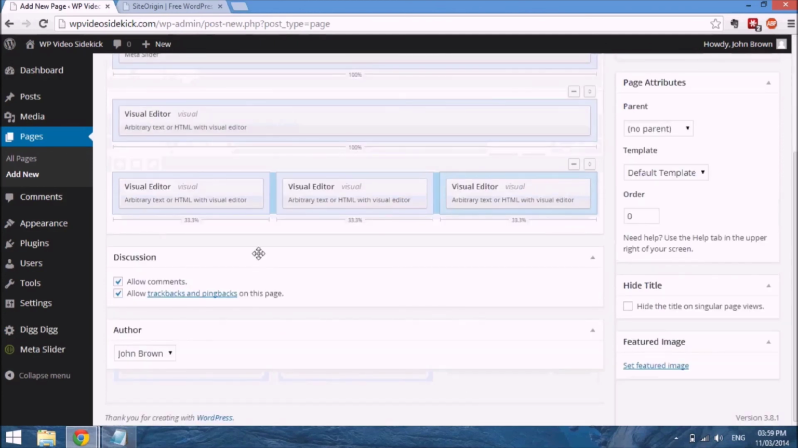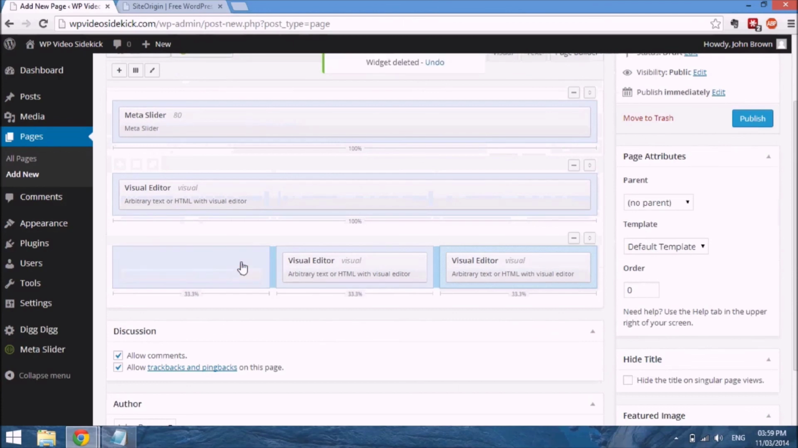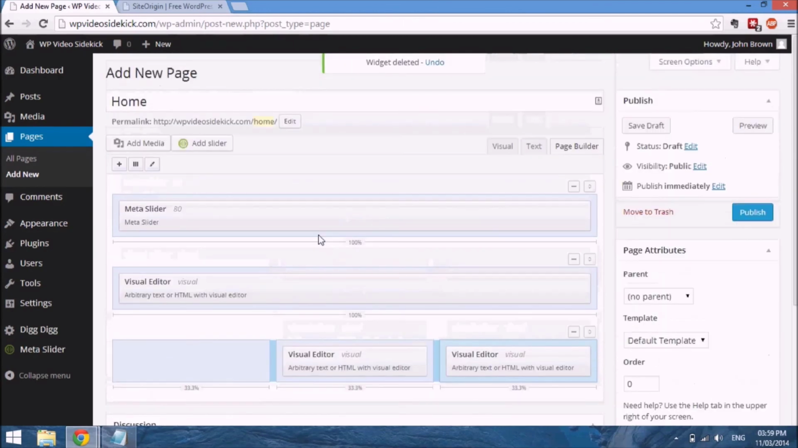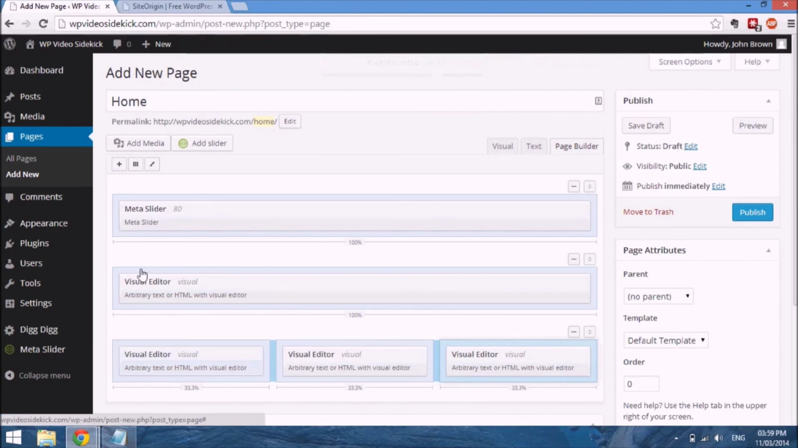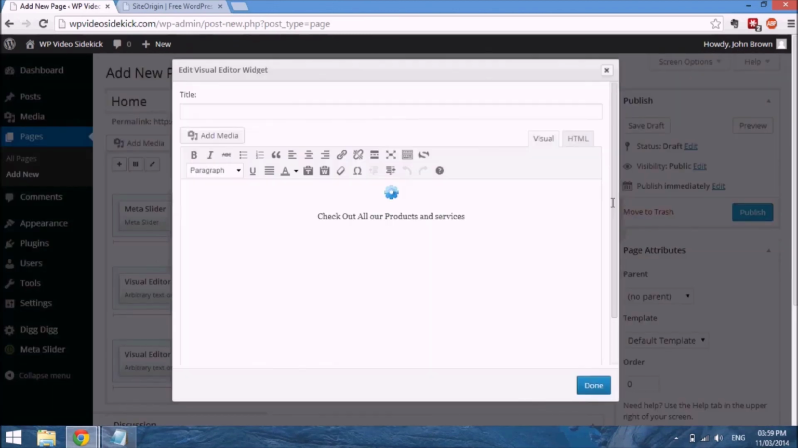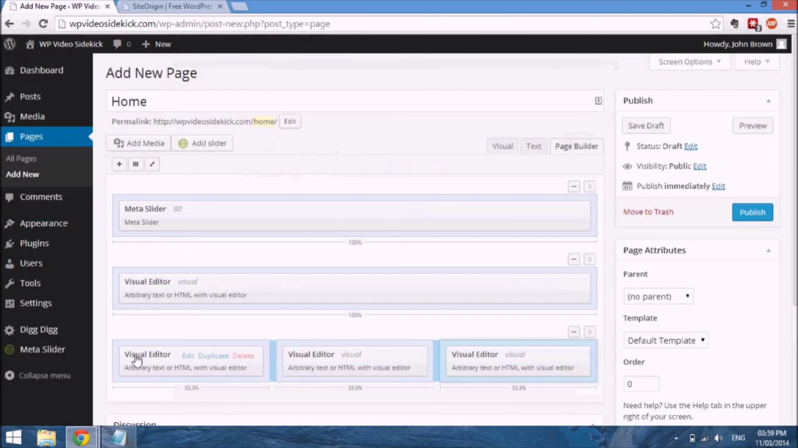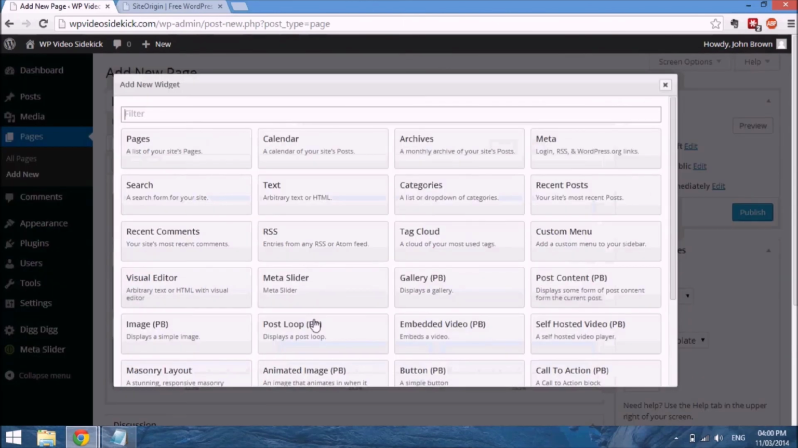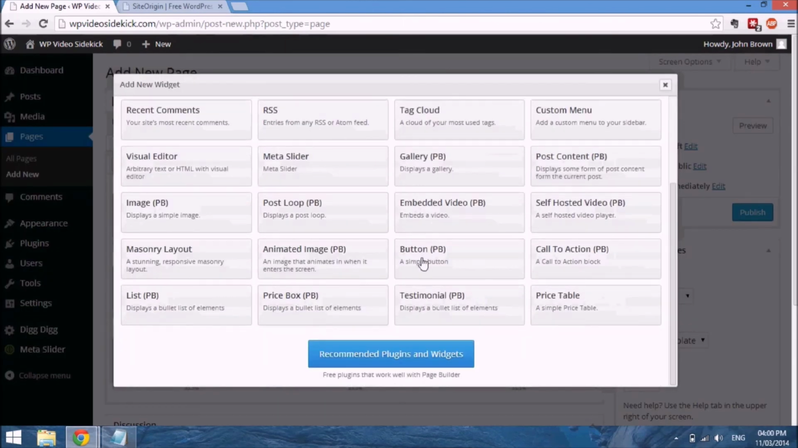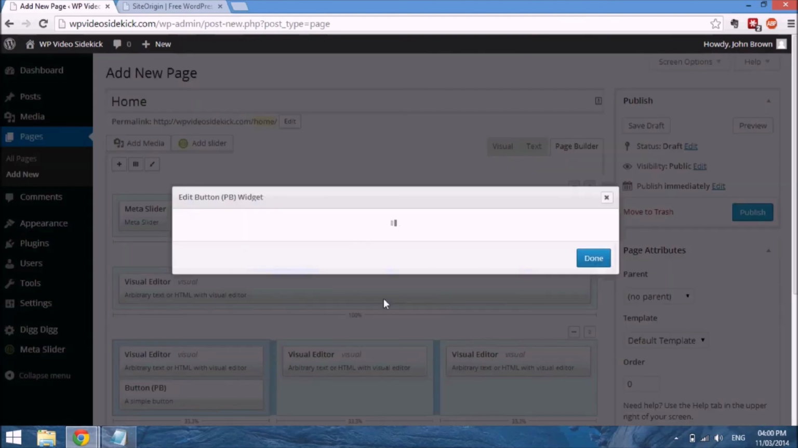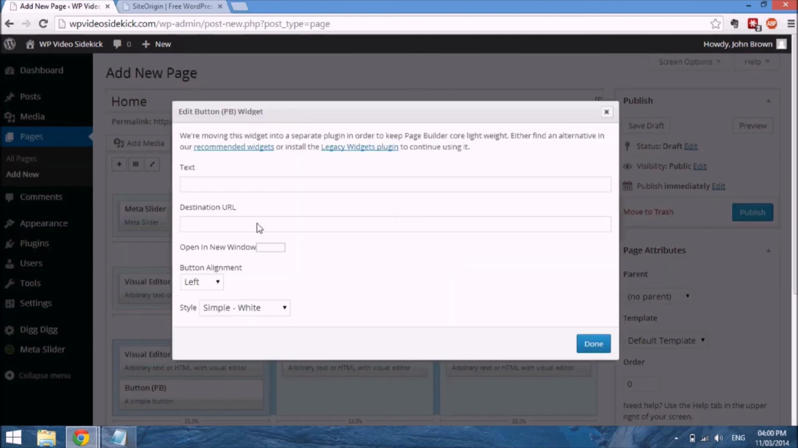And just one more thing I want to do. Okay, so I actually just accidentally deleted that widget. If we go to the very top here, we can just undo. What I wanted to do was just highlight the box because I want to add a button. So we just add a simple button,